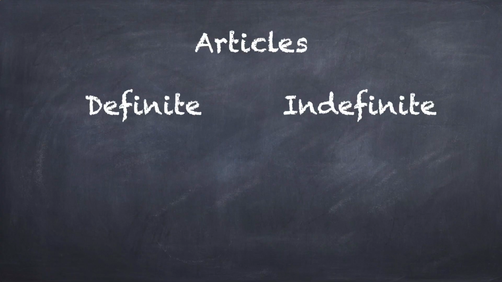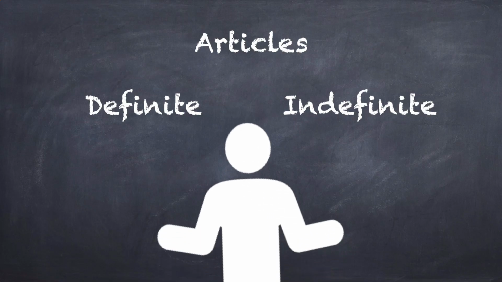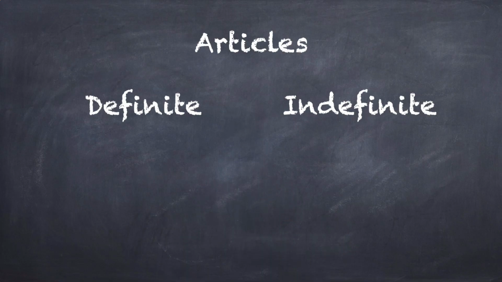Now, let's talk about articles. In French, there are definite and indefinite articles. Definite articles indicate a specific noun, while indefinite articles refer to a non-specific one. The definite article in English is the. Since French requires you to agree with the gender and number of the noun, there are 3 different versions of